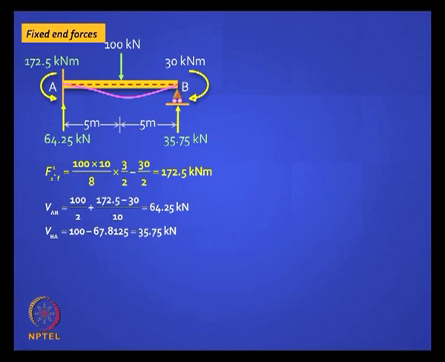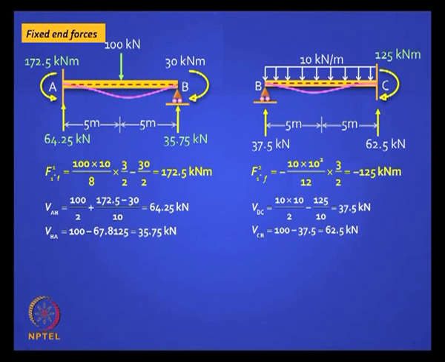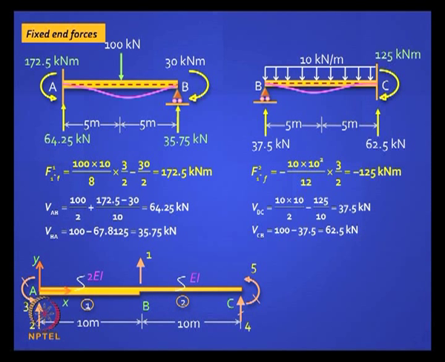Is it clear? Once you calculate this, it is easy to calculate your vertical reactions. There is a reaction here, there is an arrow that should be here, you get the reactions. We did this earlier also. Similarly, you do it for the next beam. There is a hinge, but there is no nodal moment at B. This is a straightforward problem. WL squared by 12 into 1.5, 3 by 2. Find the vertical reactions. Now, can you assemble the fixed end force vector?